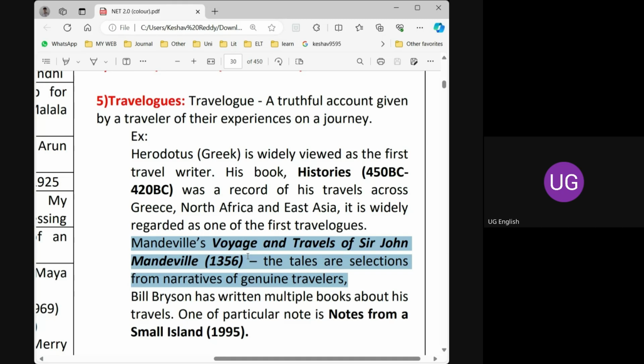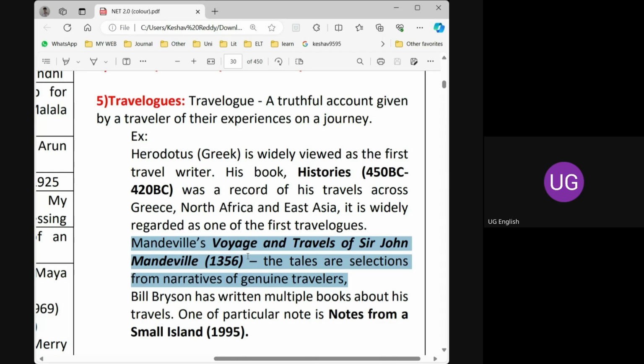The British got interested in travels, and they wanted to go to new places and do business. This book was like a guide for them. This Mandeville's Voyages and Travels is just like a guide for them, and it motivated them. And finally, this is one of the reasons behind the imperialism of England.